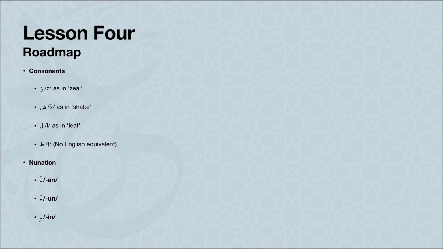I would guess in 4 weeks we would be done with all the alphabet, with all its nuances, like the Hamza and the ways to write Hamza, how Hamza comes and how Hamza goes. We would also go over the Alif Khanjariya, or the Dagger Alif, and the Alif Maqsura. These are things that most alphabet lessons omit. Then you start reading Arabic and you see them, and you wonder, why is this there? Why is that not there? We did not learn this. So probably by lesson 8, since now we're at lesson 4, we'll be done with the